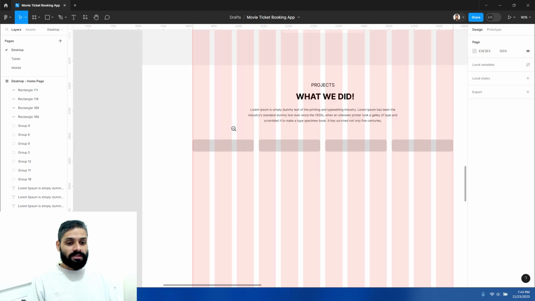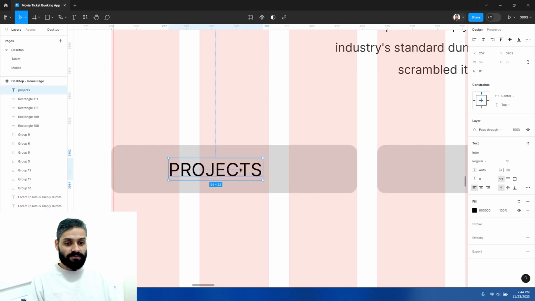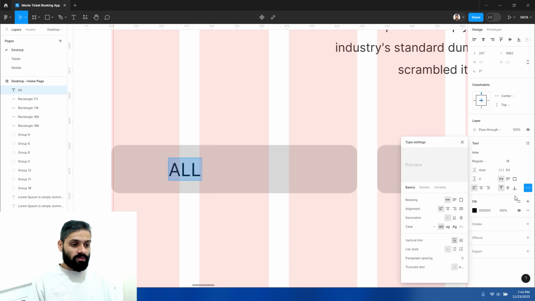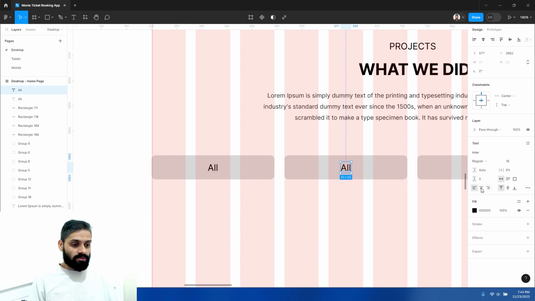Now I need to give them a tag. So I need to bring it to the front. Again, I'm pressing Ctrl Shift. So this will be all. I don't want to capitalize. I just want normal text, and I will keep it in the center. And after that, I need a center line. So this will be